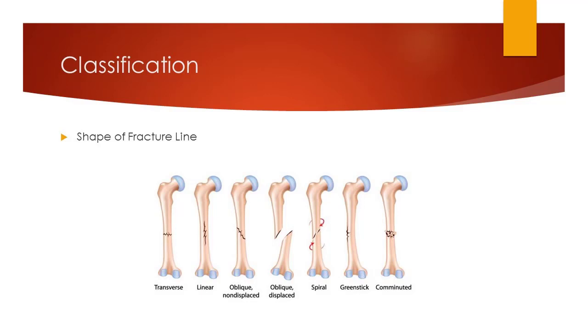lot of different pieces. There can be spiral fractures, which occur when you've got some type of twisting that takes place. Spiral fractures are often seen in skiers because their ski boot holds the leg in place. There can be longitudinal fractures, and then the green stick fractures, which are fractures that you will see in younger